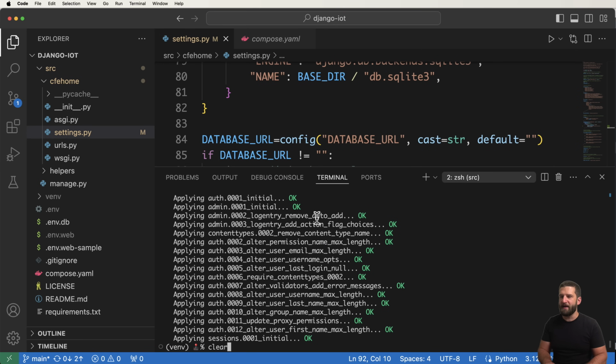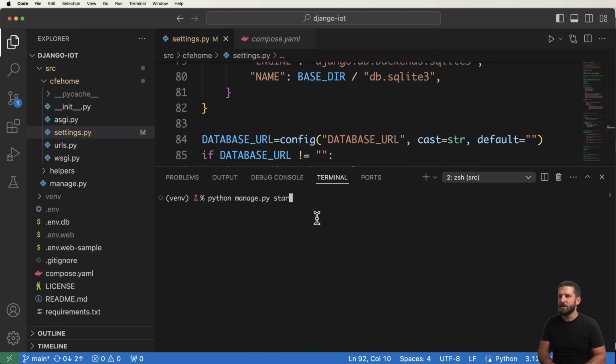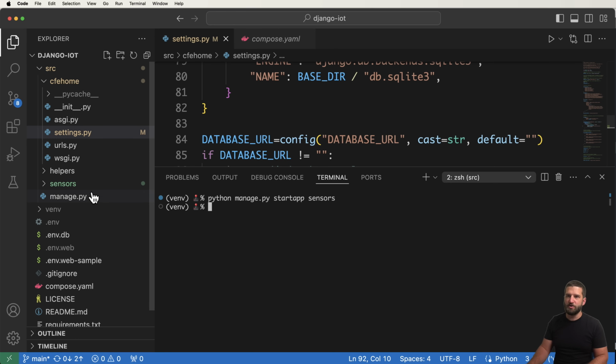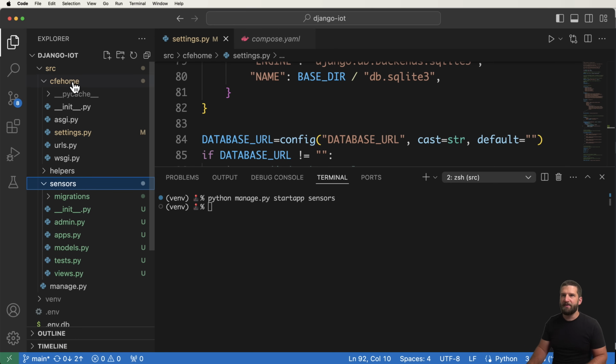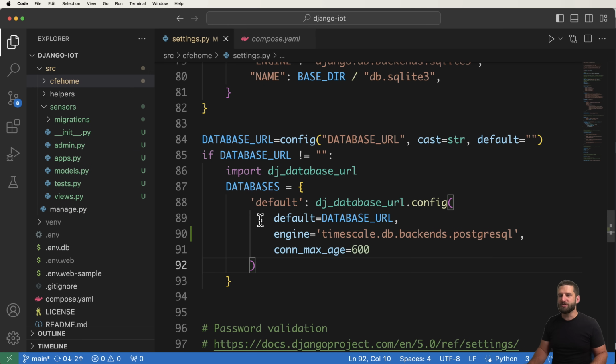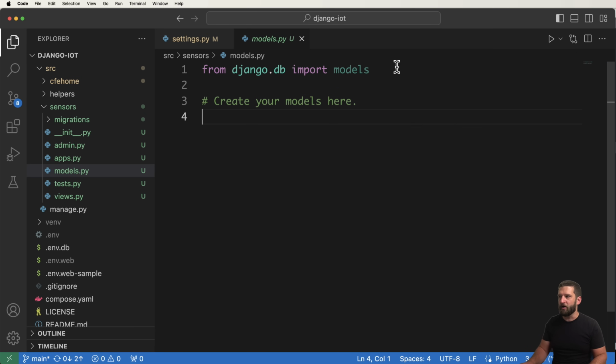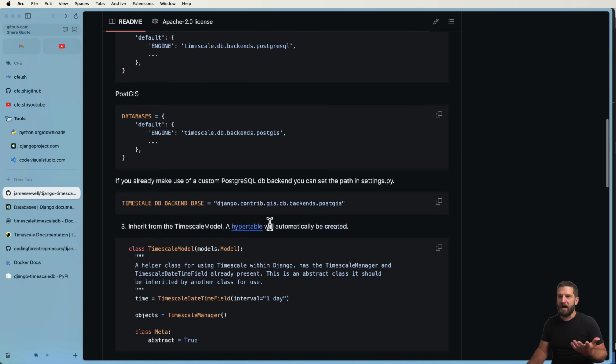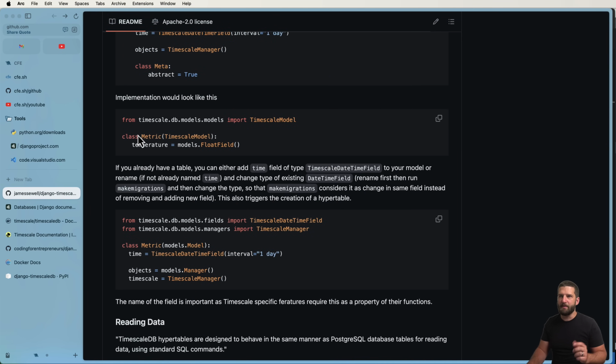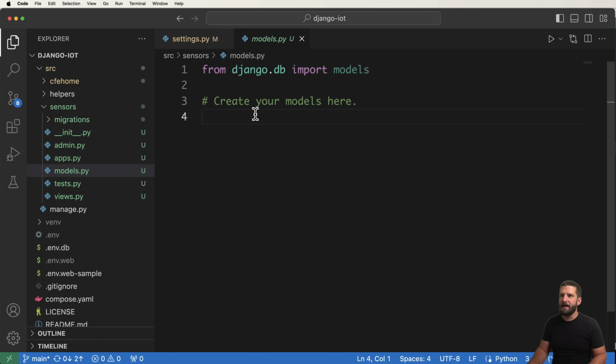So now let's do that with python manage.py startapp, and we're going to call it sensors. I'm just calling it sensors to encapsulate the idea that this particular app is going to be responsible for capturing sensor data, data from like a Raspberry Pi. That's the idea here. So what we want to do is grab the models in here and declare our model. Of course, I can just copy and paste directly from their example of Metric, and that's what I'll do. I'm going to copy this right here,